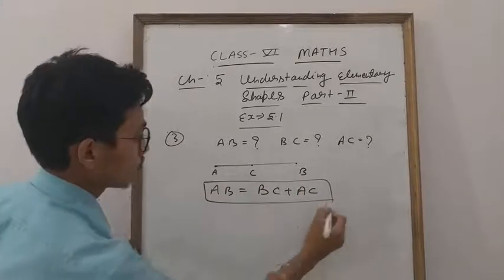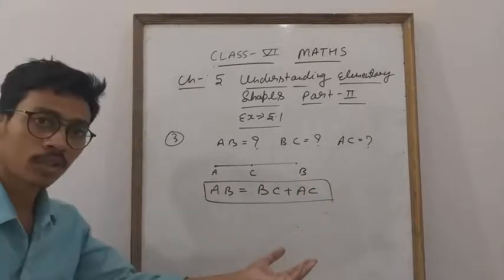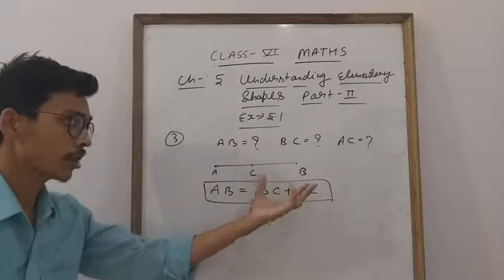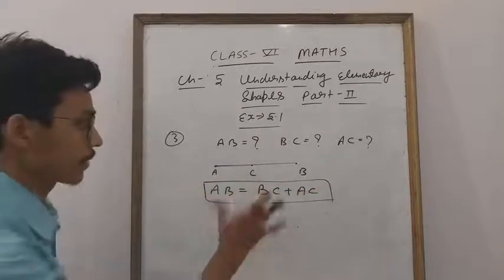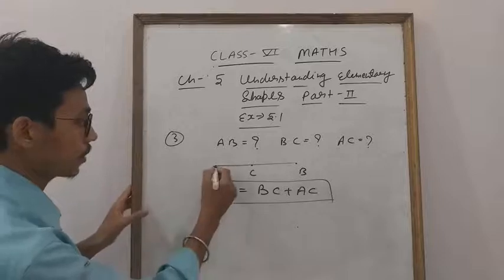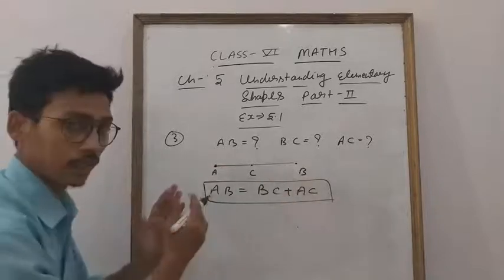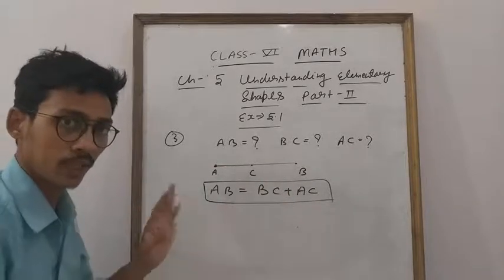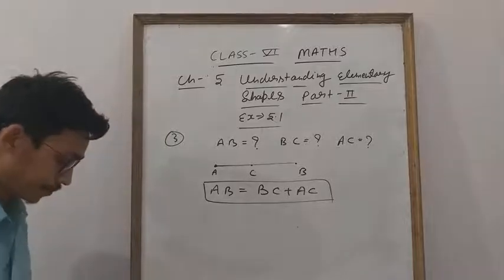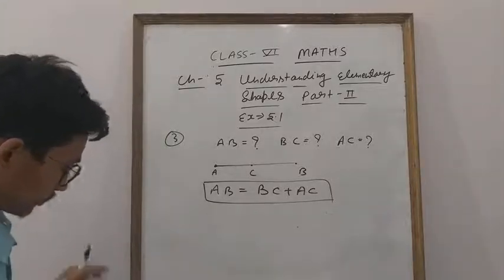You will measure and you will find out. You will do it yourself because this is a very easy question. First we will draw the line segment. You will measure with the help of a divider. You will put the first part on this point, the second on this one, then you will stretch and measure. Okay, I explained the method. Now the fourth question.